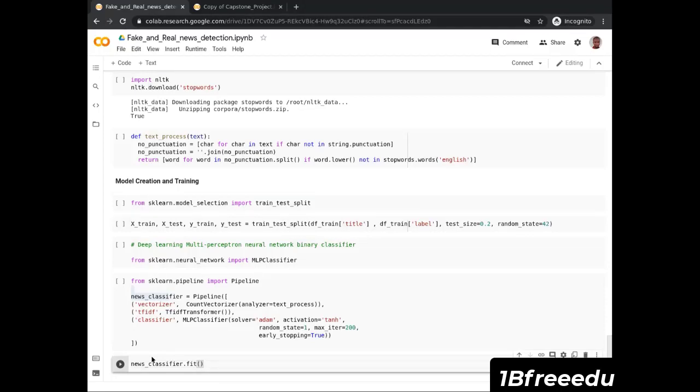We want the model to fit, that is to get trained on our training data. So we pass in the training data x_train, comma, the targets, which is y_train,